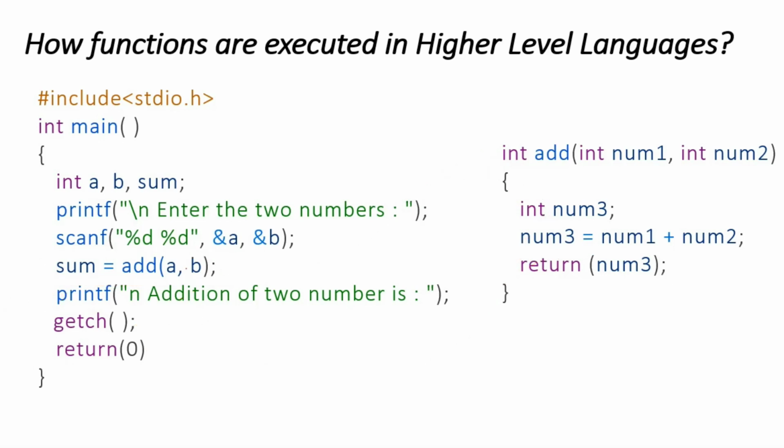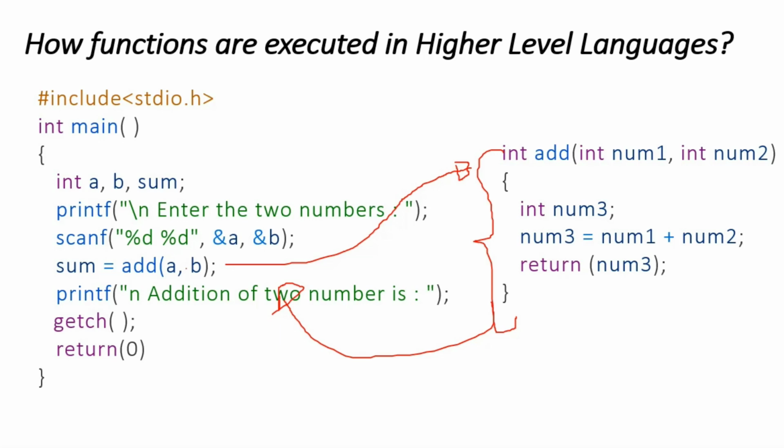So here you can clearly see the branching happens whenever a function is called, because that particular function has to get executed which is there in some other part of the memory. And we have to come back to the next instruction that has to be executed. So this is how functions get executed in higher level language. They are nothing but subroutines in assembly. And let us see how exactly subroutines get executed in assembly language.